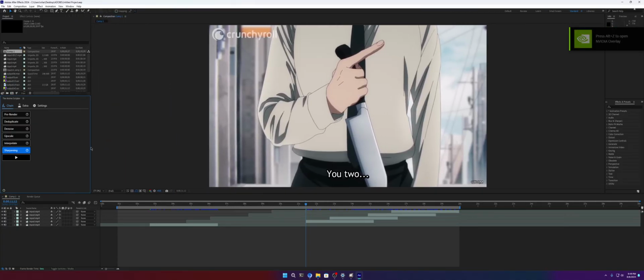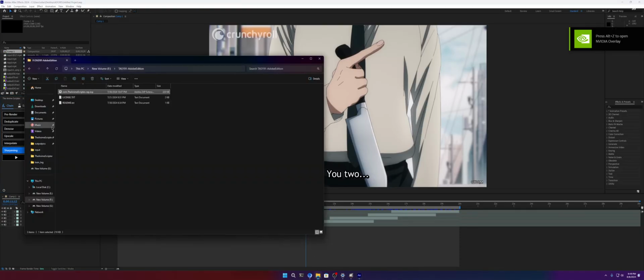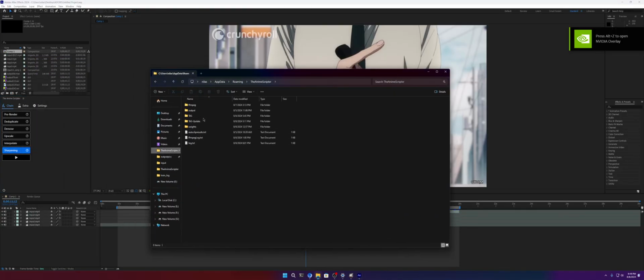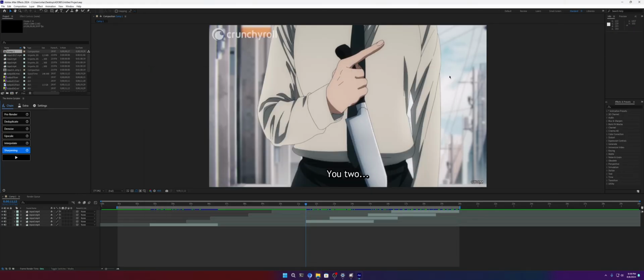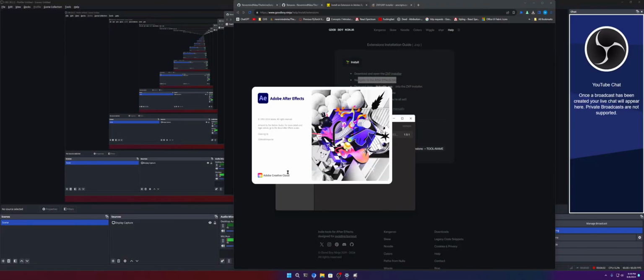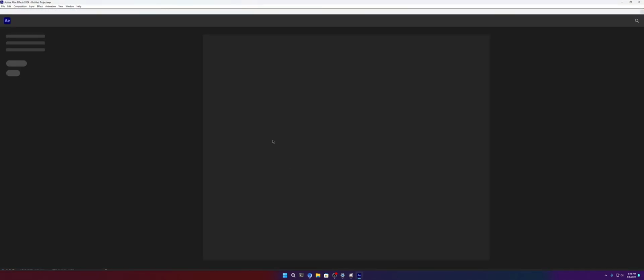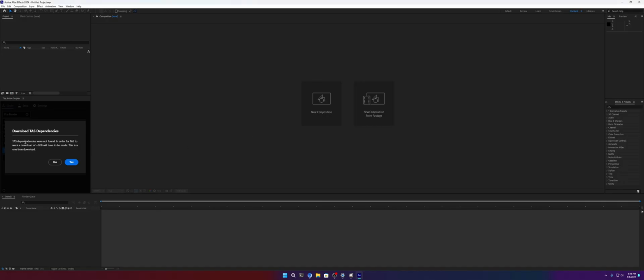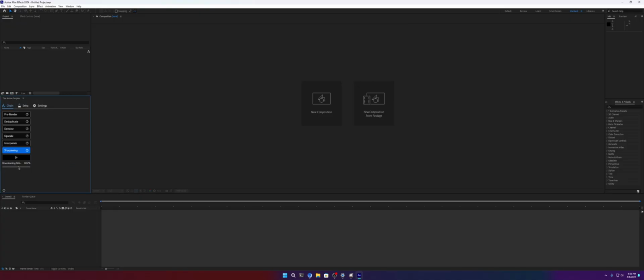This is the version 1.9.1, this is already down to 1.9.2. So normally I already have the dependencies, but if you do, give me just a second, let's give it a restart. This is just to show you how exactly your experience would be as a newbie, let's call it like that. So normally this is what should pop up for you. Download TAS dependencies. This TAS dependencies is actually the whole AI bit, the whole everything that you need to make this run properly. You press on yes, and it will automatically start